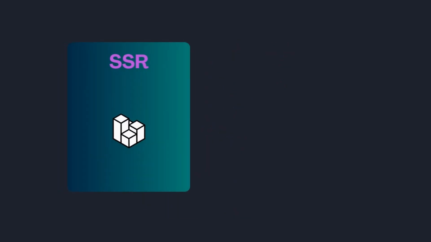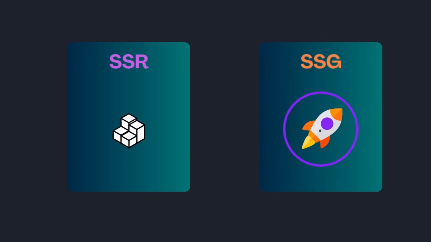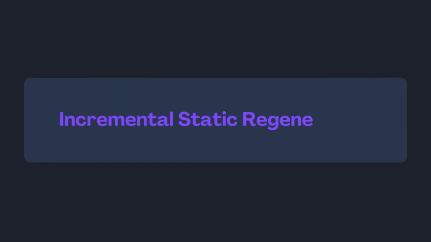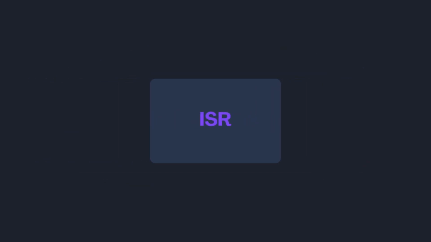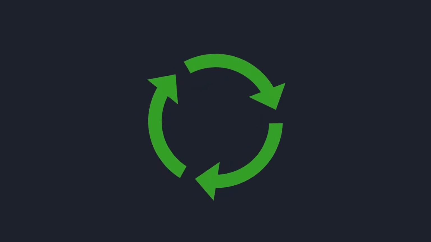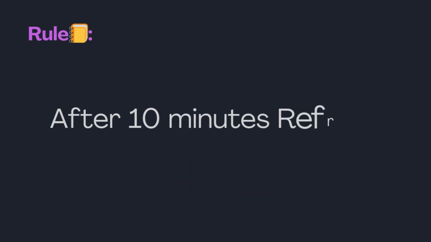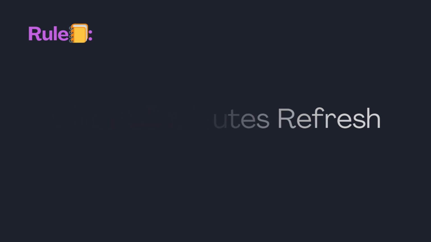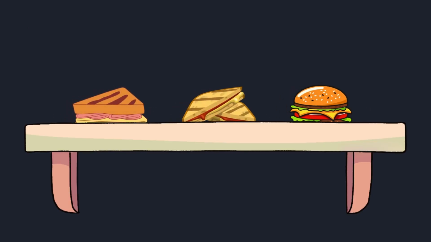For a long time, we were stuck between the dynamic power of SSR and the raw speed of SSG. But what if you could have the best of both worlds? This is where a hybrid approach comes in: incremental static regeneration, or ISR. It's SSG with a superpower. Let's go back to our grab-and-go meal. With basic SSG, the meals are on the shelf until you restock the whole store. With ISR, it's like the kitchen has a rule. After a meal's taken, or after 10 minutes have passed, they automatically whip up a fresh one to replace it